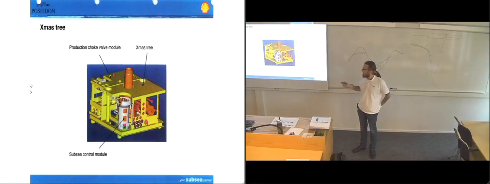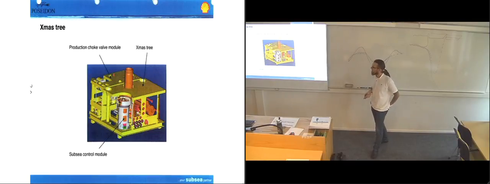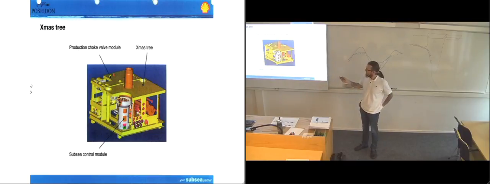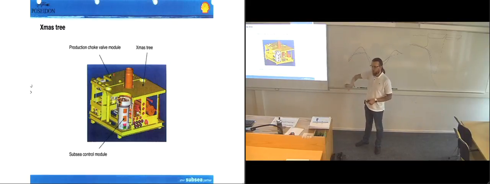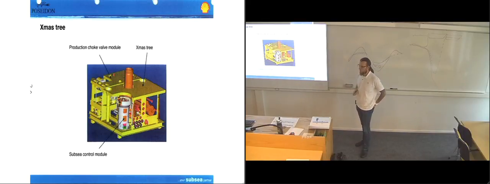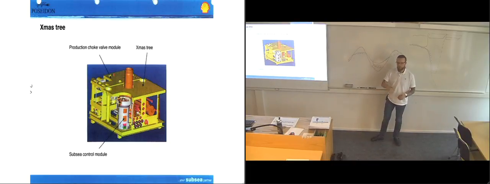And here's a 3D model of the Christmas tree with its control module and its choke valve module. So remember the clip we saw where they were exchanging a choke module, where the ROV was flying around opening and closing valves, and they were having this running tool coming down with an elevator lifting up the choke module. It's more or less the same principle that's being used here. That was on the Kristin field, it wasn't on the Ormen Lange, but it's still more or less the same principle. Might be a bit different design on stuff here,